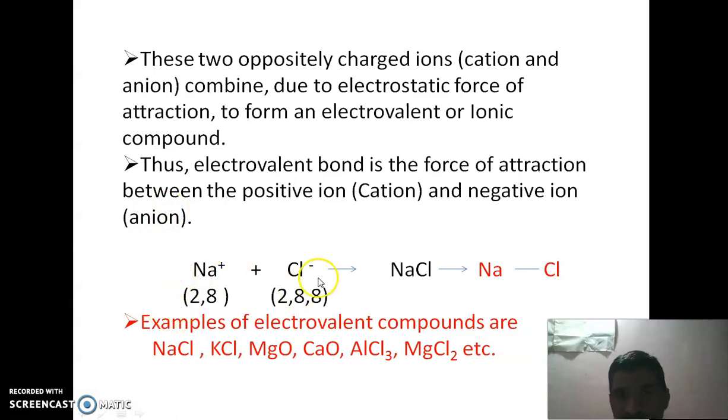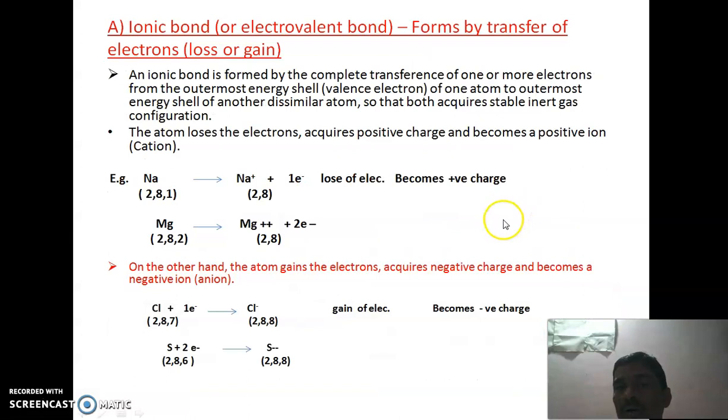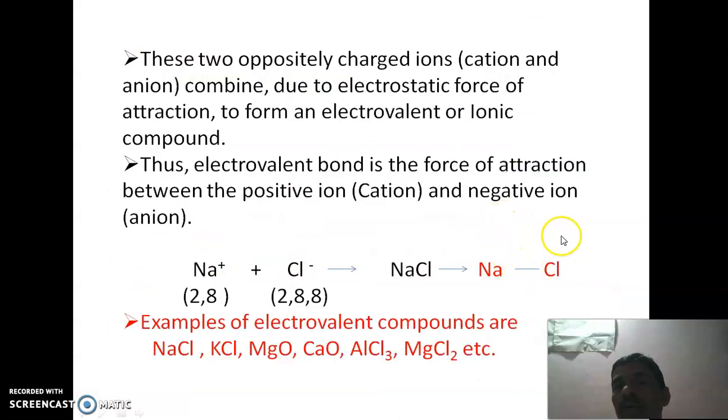For example, these ions are formed in the previous stage, that is Na+ and Cl-. These are oppositely charged ions, and due to this opposite charge there is a chemical combination. The force of attraction between these two ions forms the NaCl molecule, a neutral molecule, and between the sodium and chloride a bond is formed, and this bond is known as the ionic bond or